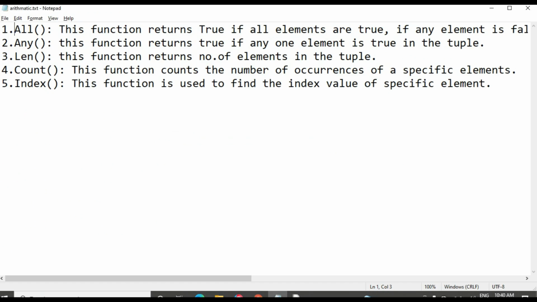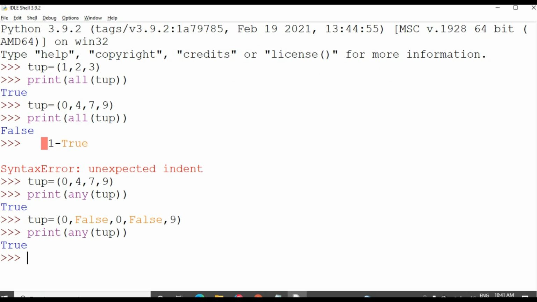Then the next function is len. We know about the len function. It is used to return the number of elements in a particular string or list; here we are using it on a tuple, so it returns the number of elements in the tuple.